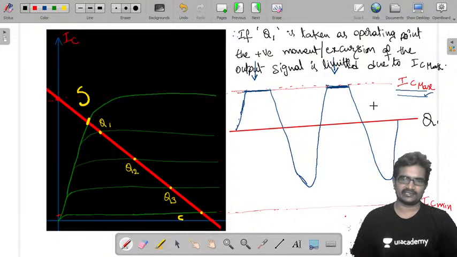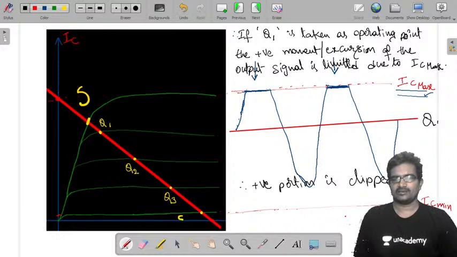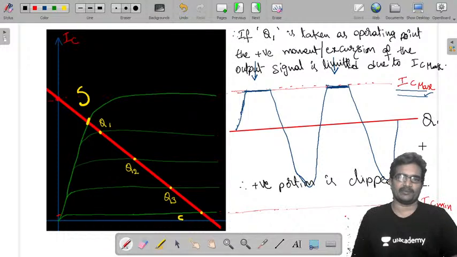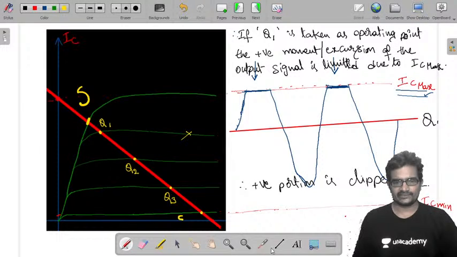So that is the drawback in this. Therefore, the positive portion is clipped off. In the negative direction you can increase, no problem. It's clipped off. So because some portion is clipping off and there is a limitation in one particular direction, I am not going to choose Q1 as the operating point. So I am not giving priority to this Q1. Okay. So next,